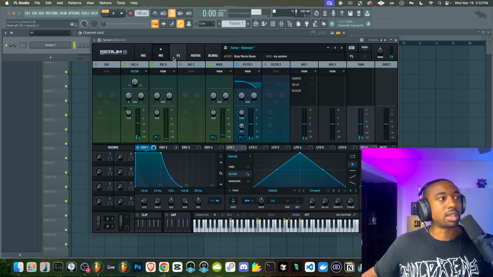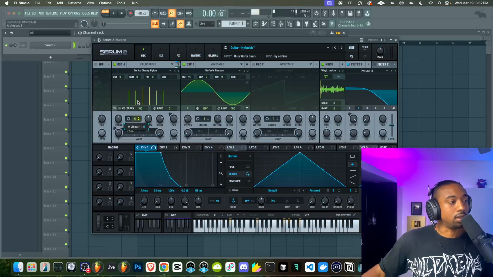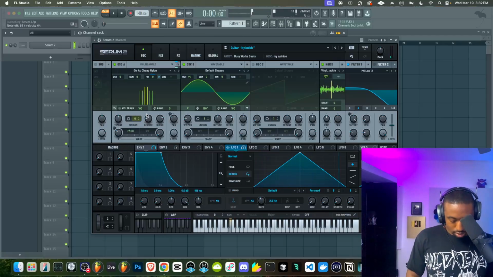And for more of a Travis Scott vibe, I might add, on the main track, a hyper chorus, but instead let's use unison. So if I wanted more of a Travis Scott type thing, I'd do that plus some vibrato over the fine tune to add that final Travis Scotty type sound. Now we can also do that with effects in the mixer.